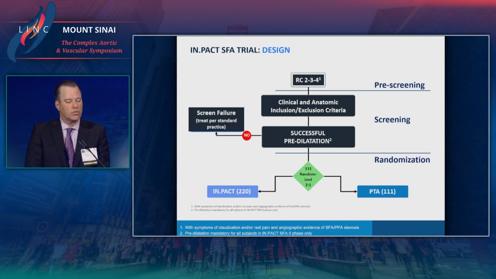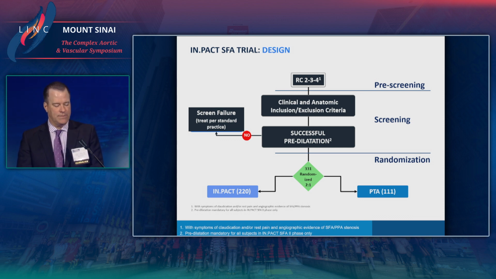If we look at the randomized controlled trials, they're similar in their design. Predominantly patients with claudication are included. They meet the anatomic and physiologic inclusion and exclusion criteria, and then they undergo pre-dilatation. It's only after successful pre-dilatation, in other words, pre-dilatation with a 1 millimeter undersized balloon,